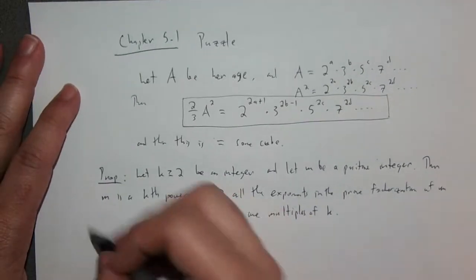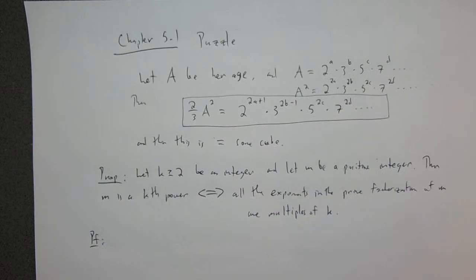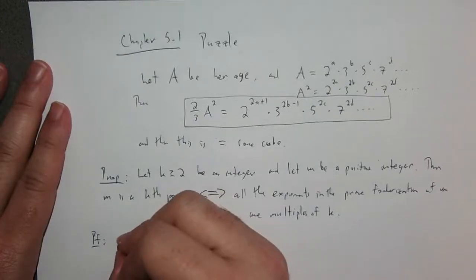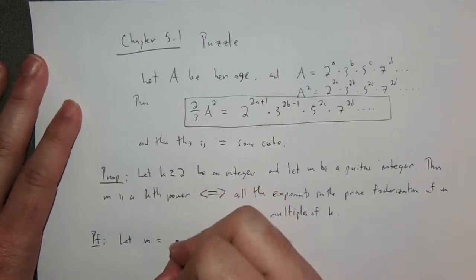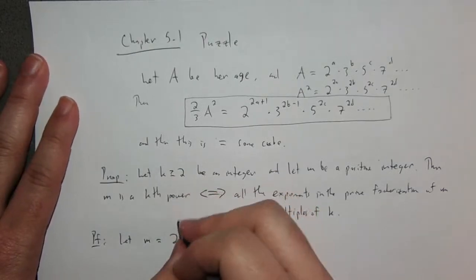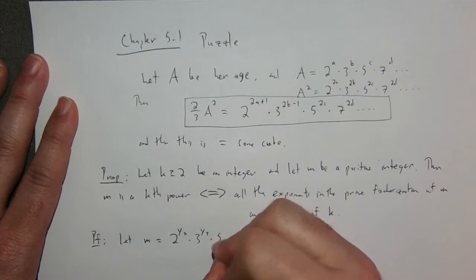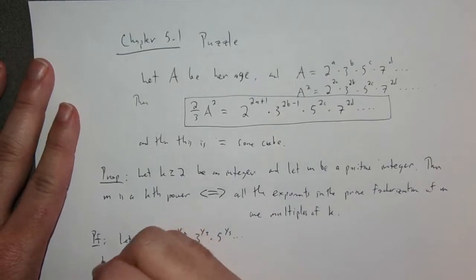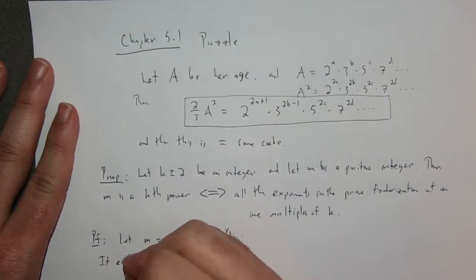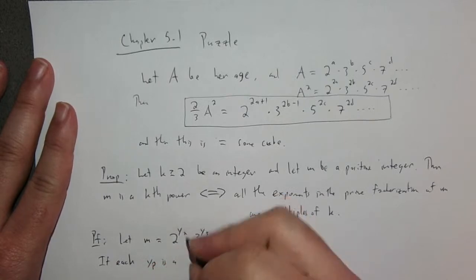Okay, so let's prove this thing. I think I have just enough time to prove this and then apply what I know here. So let m be 2 to the y sub 2 times 3 to the y sub 3 times 5 to the y sub 5, and so on. Okay, if each y sub p is a multiple of k,